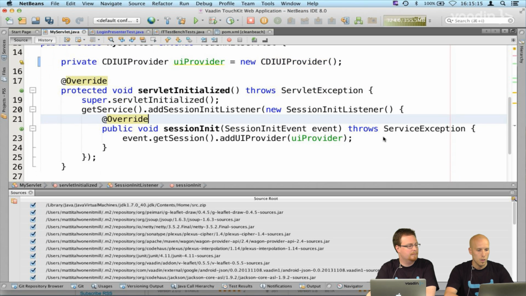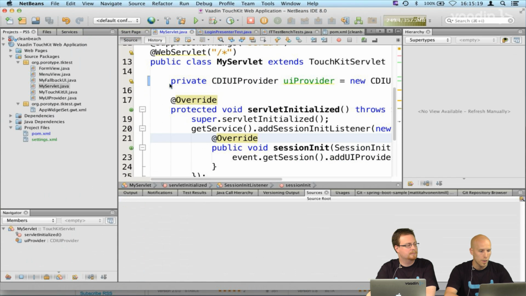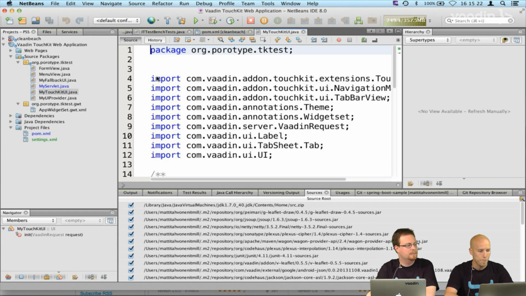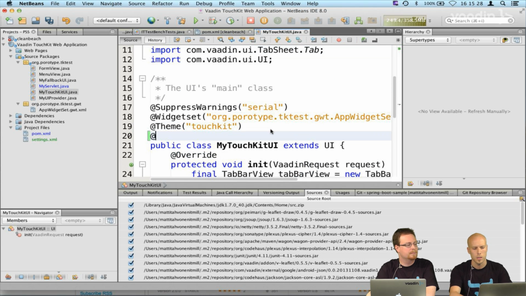So like that, and now we have the servlet there, and then we will need to change the UI class. This is the UI class that was created by the Vaadin Tasktit archetype, but we will just need to annotate this now with CDIUI. Yeah, this is the CDI one. Oh, sorry, the view is for the navigator. Yeah, if you're using navigator, then you will be using UIs also.